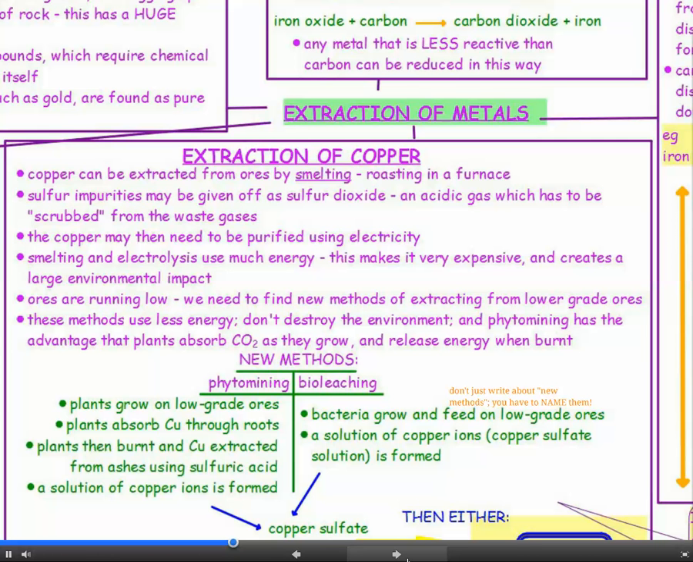The problem is that copper ores are running low, so we're needing to look at extracting copper from lower grade ores. Now what lower grade ores means is rocks which contain rather a low amount of copper, previously uneconomic. Now these new methods use less energy, they don't destroy the environment in the same way, and phytomining has the advantage that using plants absorbs carbon dioxide as they grow, and it then releases energy when they're burnt. So let's have a look at